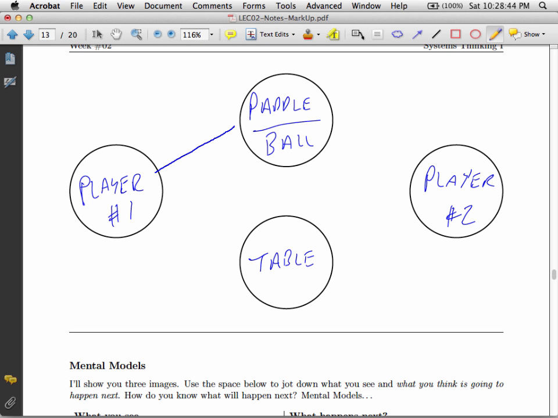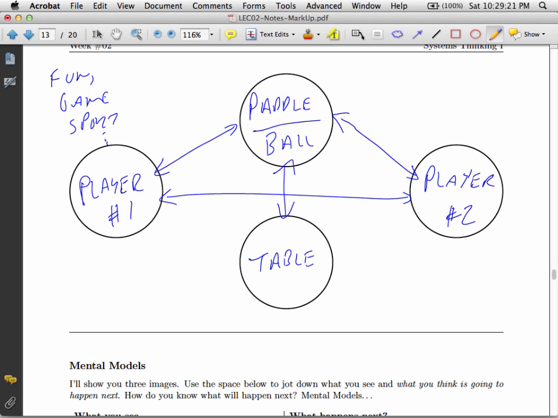There's interaction. So the player holds on to the paddle to hit the ball. So there's laws of physics involved, perception, things like that. Likewise, player number 2 has their paddle hitting the ball, which interacts with the table. There's elements of strategy and psychology happening between the different players. Just a few other bits. We have the elements, which we can identify, the interconnections between them, and then the purpose. What's the purpose of ping pong? Well, you could say it's a fun game or sport or recreation or competition, all those kinds of things. So you can identify some function. So ping pong would be a system.